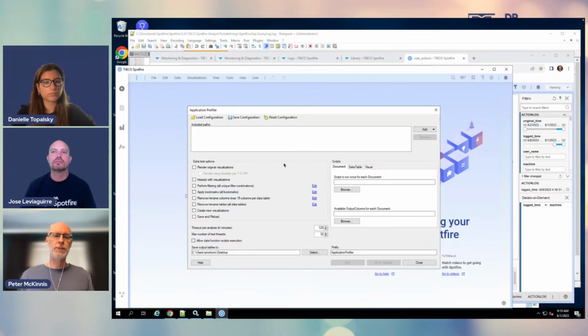But this does require a machine that sits there and opens the analysis files. So it actually has to open the analysis files, which means pulling down the data and things like that. Whereas the action logs kind of can give similar information over time. Obviously, this is useful maybe in a new environment when you're upgrading, like I said, or things like that. You can test to make sure things still work.